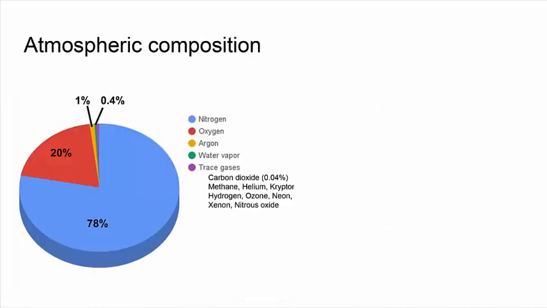So the next part we're going to look at is atmospheric composition. This is a pie chart, and blue is nitrogen, N2, and red is oxygen, O2. The first thing that stands out is that most of the atmosphere is nitrogen and oxygen: 78% nitrogen, 20% oxygen, and then only a tiny sliver, 1%, is argon. And there are tiny slivers with water vapor, which is 0.4%, and these trace gases, which include carbon dioxide, methane, other inert gases, and also ozone and nitrous oxide.